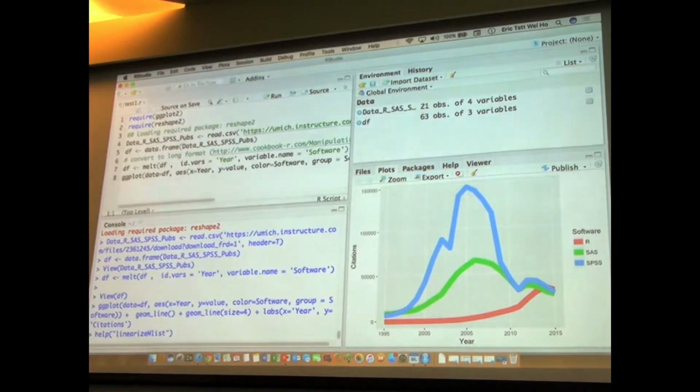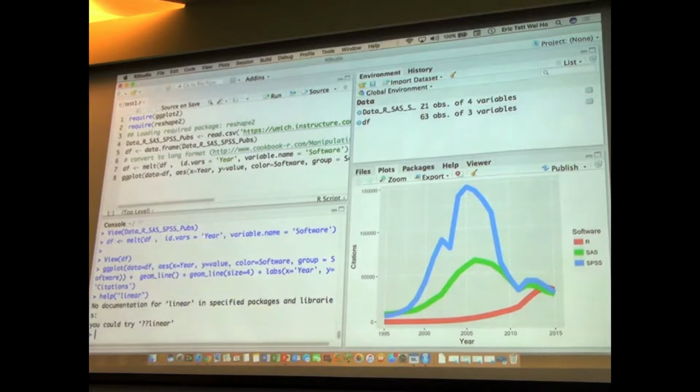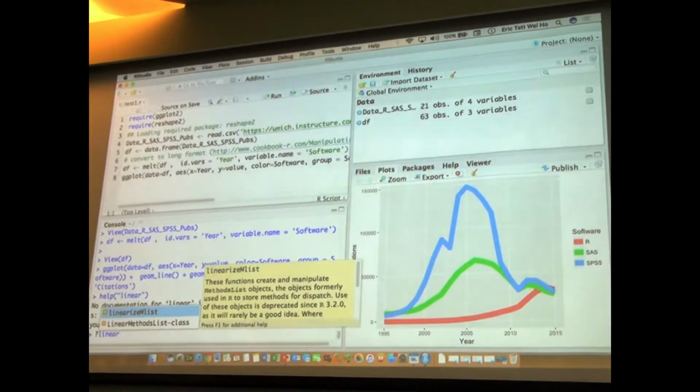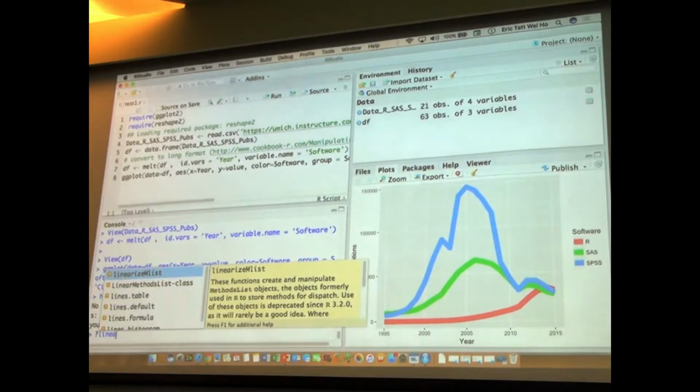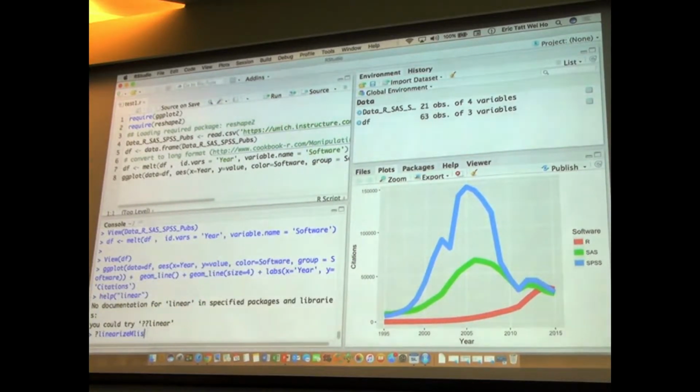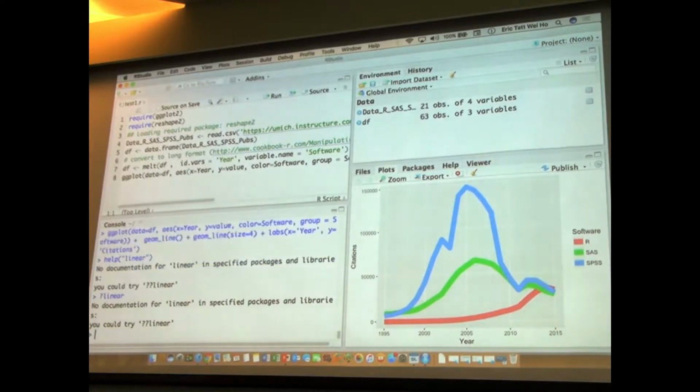The string completion. Okay, it says I don't have anything on linear in this exact phrase. So I'm going to do a question mark, linear, and you'll see that I'm going to get exactly the same outcome. It's going to say nothing known, but if I put a double question mark, it says,